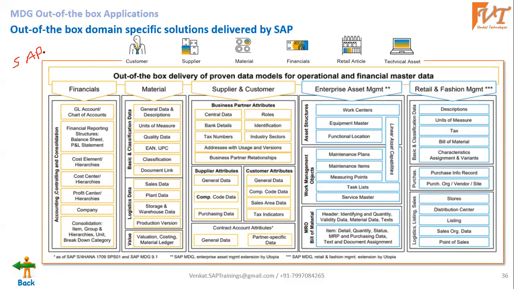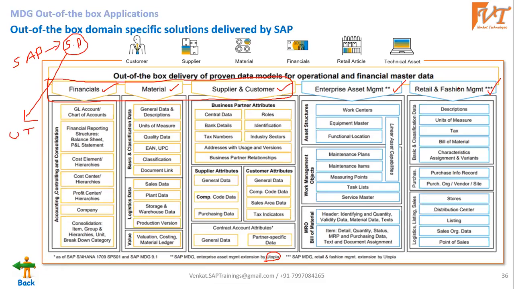SAP has some authorized solution partners in the market. When I say solution extension partner, SAP has implemented three data models: material, supplier and customer, which comes as BP, business partner, and financials. Now there are more master data objects in SAP other than these, so SAP did not implement further. There is a company called Utopia. Utopia is SAP's solution extension partner where they have implemented the MDG data model for these master data,